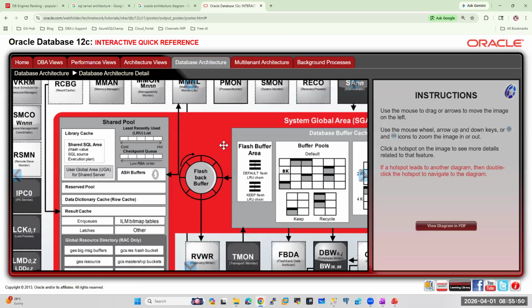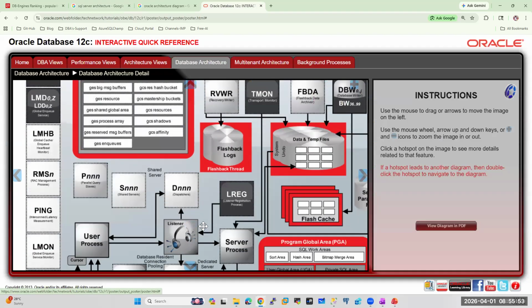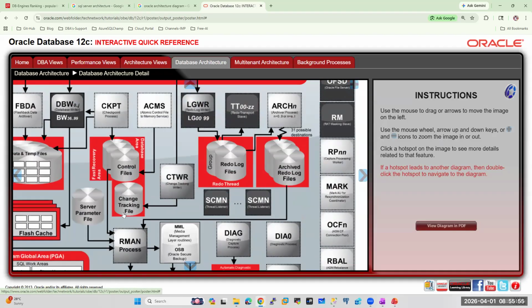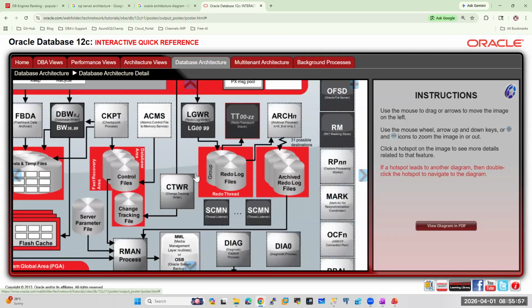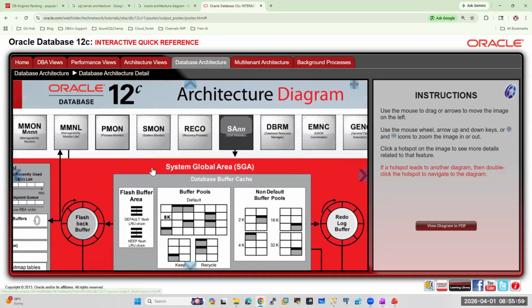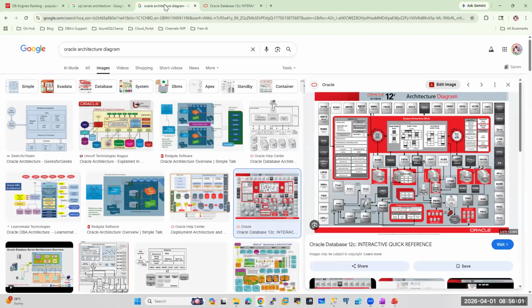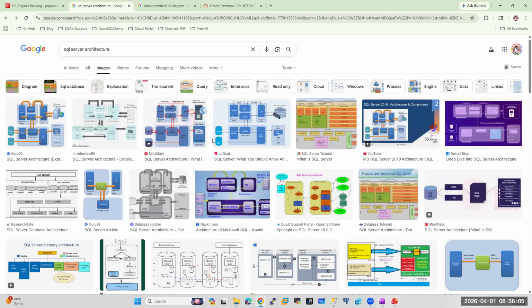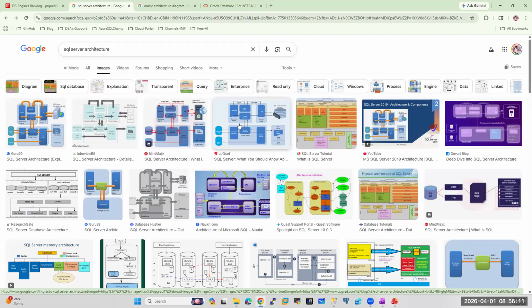Like Oracle, I love Oracle a lot. They mention every minute thing, and we can get massive information in one place. But when you go for SQL, you can't find that much information. Whatever the Oracle people are doing, SQL also does almost the same thing.